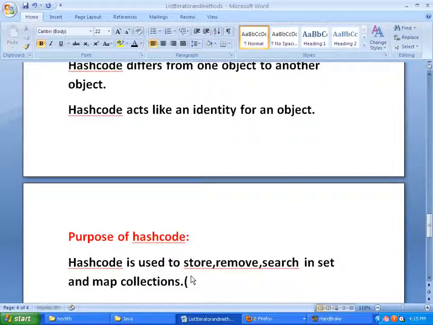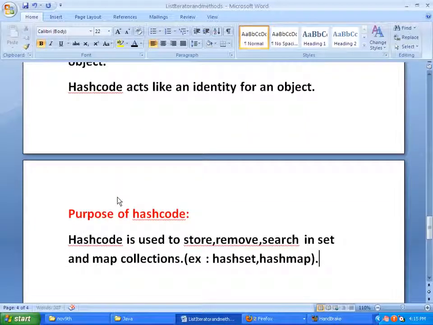For example, I can name hash set and hash map. Both hash set and hash map internally work on the principle of hashing, and hash code is very important for both these collections.